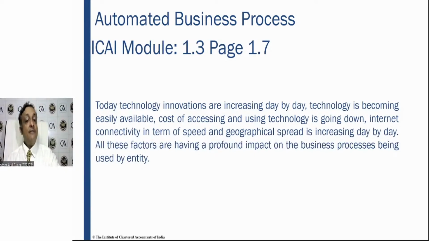All these factors are having a profound impact on the business processes being used by an entity. Very, very important. So you have all brought it here. Online marketing, teaching, coaching institute, Flipkart, Amazon, they were there. Education, coaching classes, shopping through e-commerce. Someone selling namkeen. So I understand that Jagdish Namkeen is in Baroda or Rajkot. Banking, OTT platform. Yes. Insurance business, education, classes. Yes.